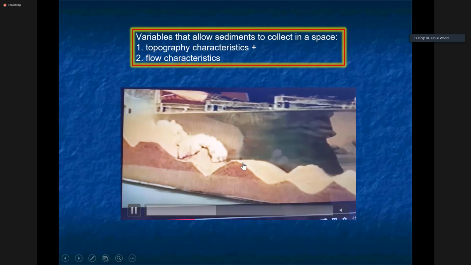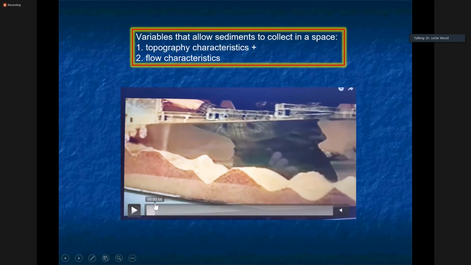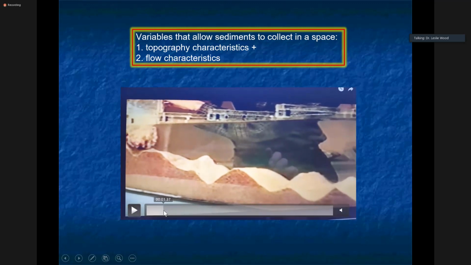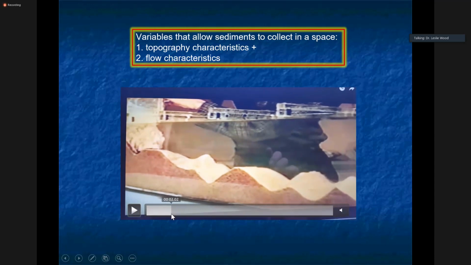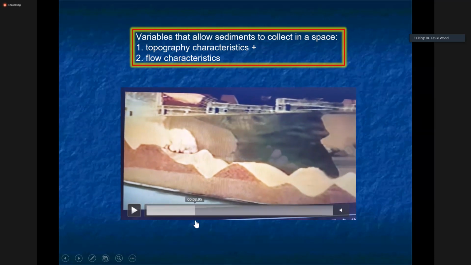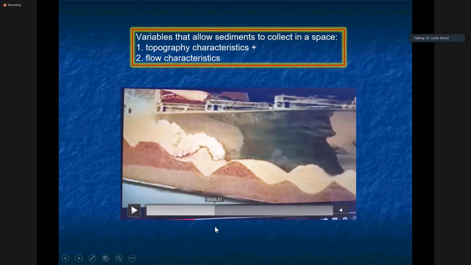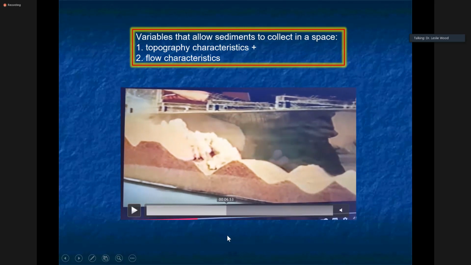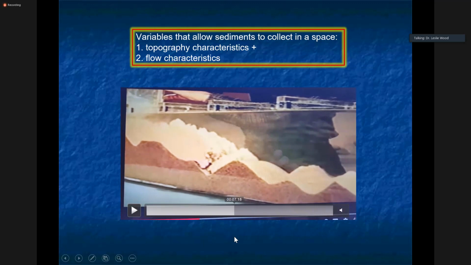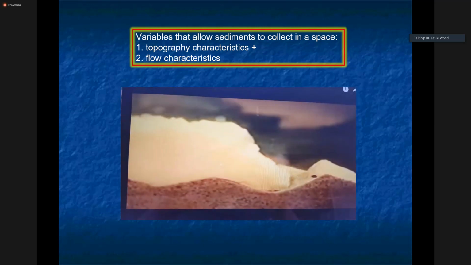Here we have a flow that's moving down the system, but I'll just take it back, and you can see that it originates as a single flow. But when it hits the very first accommodation pod, it begins to break into two different flows. The flow on the upper right is moving much faster than the flow cloud on the left, and it continues to head off down slope. Now it's moving so fast it's even curling around and expanding laterally into topography. In front of it, it's getting hammered by the later flow that's coming down through there, and it progresses on down through the slope system to fill and interact with this topography.